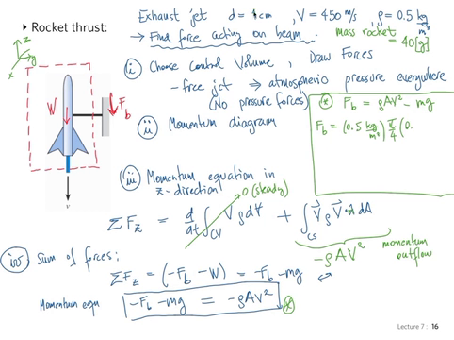So we change it to meters immediately. 1 centimeter is 0.01 meters, and that's squared, times v squared. What's v? V is 450 meters per second, squared, minus m. M is 40 grams,